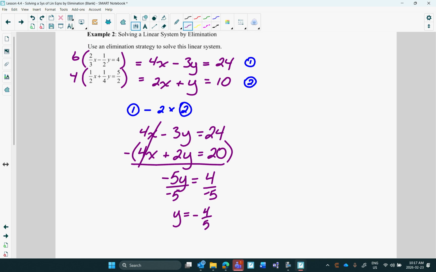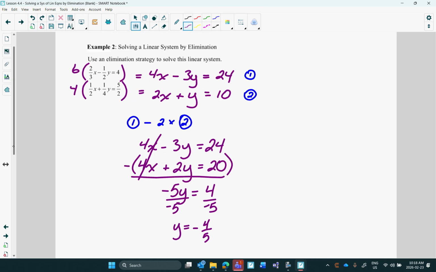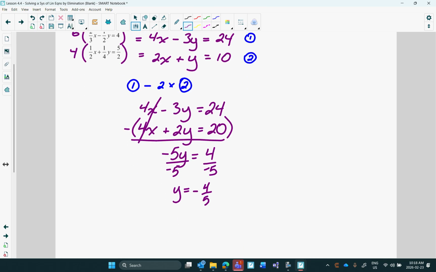Y equals negative 4/5. And what do we do with that? Plug it back into one of these. You can plug it back into either one and it'll still work, but to me, the fewer fractions, the better. That's just my preference. So let's plug it back into